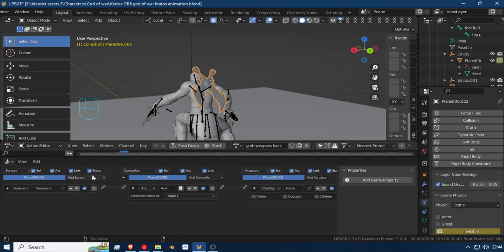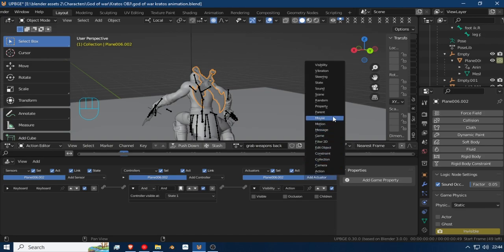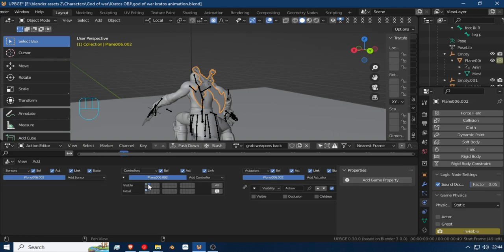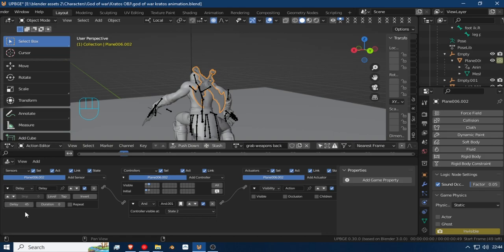But I think if I do it like this, and I give it actually like a state, there's always a way around these type of things. So I'm gonna set this state 2. So I'm gonna make use of the state engine, and then I'm gonna have a delay. Just like this. Pick that up, and the delay is going to be the same frames we have on the